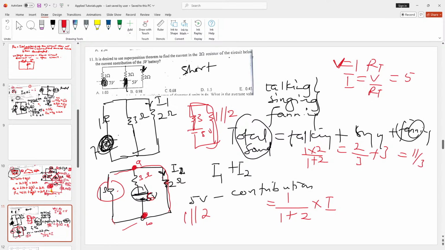So I is equal to V over total resistance. So we are going to have I to be equal to 5 over 11 over 3. What are we going to get? 15 over